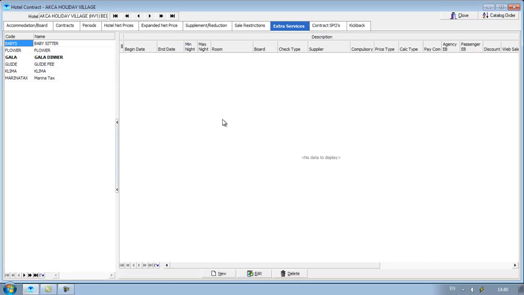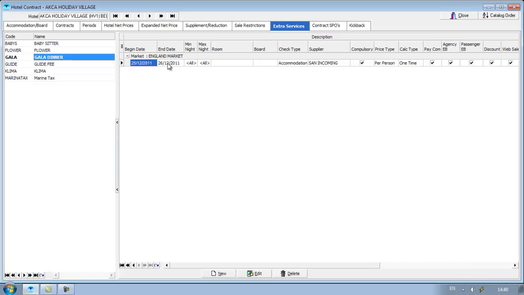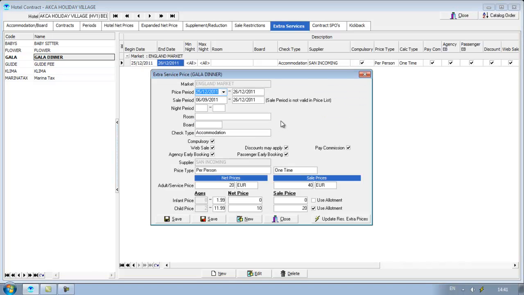If you have any services that belong to the hotel or you want to sell, you can enter them under the hotel, for example, a gala dinner. You can add prices for the gala dinner. As you see here, it can be compulsory, so you don't need to add it manually in the reservation, it will come automatically. You can add adult prices and child prices for that